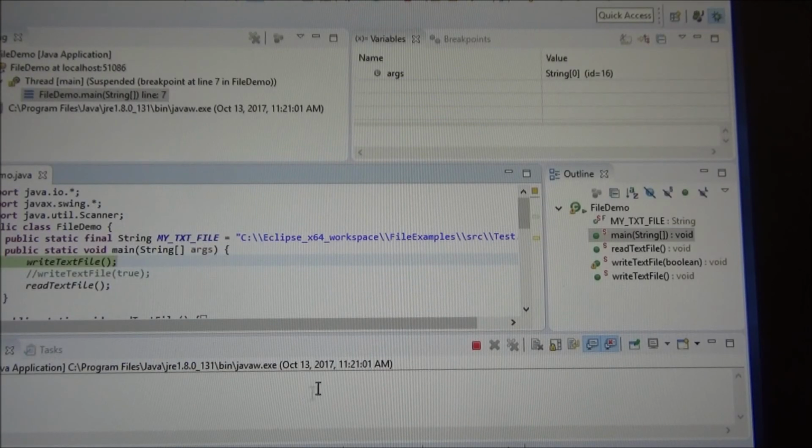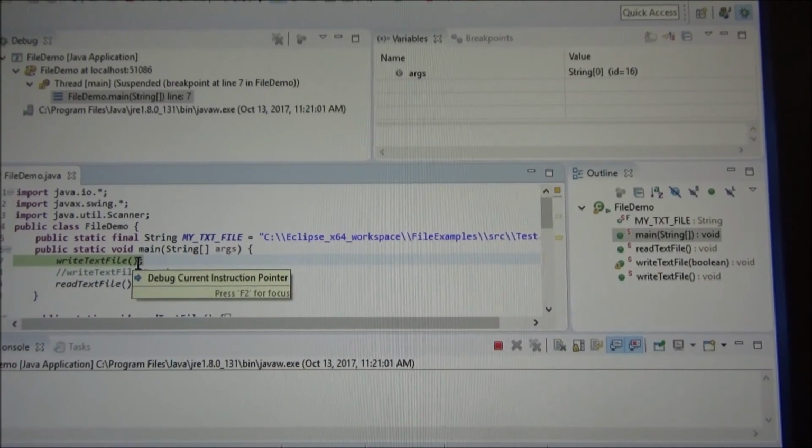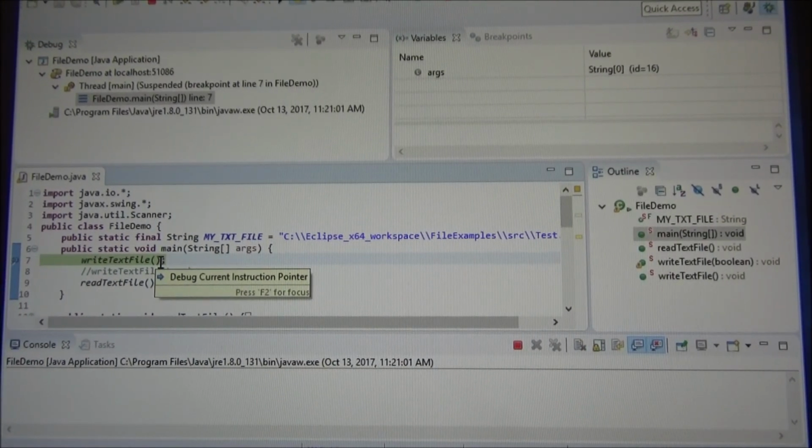It's my debug, and now my breakpoint is that dot, and then it's highlighted green to say what's the next line to execute. So it says write text file with no parameters. All right, let's go there. I'm gonna use this step into,